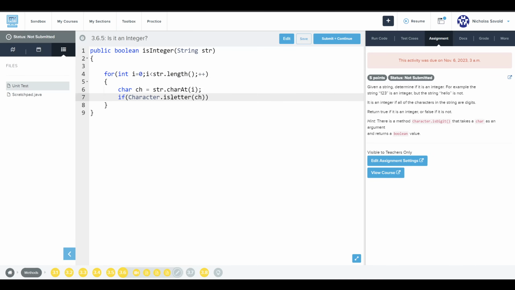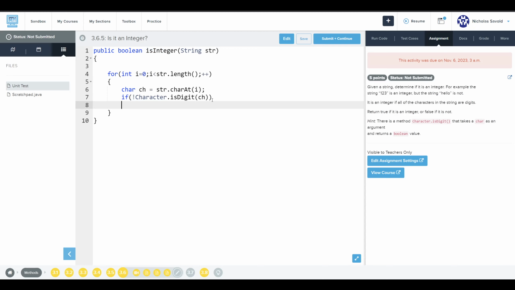What's the problem with doing isLetter, though? Think about it. What are digits? What are not digits and not letters? White space. So you could do isDigit and isLetter, and then check, or you can use your negation. Negate isDigit. So we'll only have an integer if it's a digit at first, right? Or if it's an integer in every single slot. So if it's not a digit there,